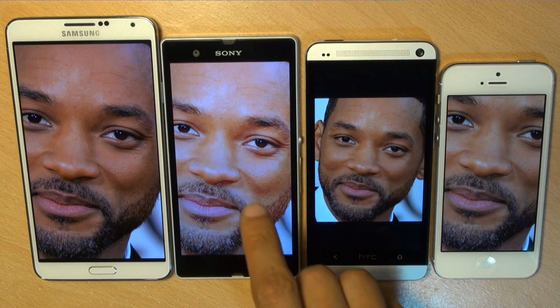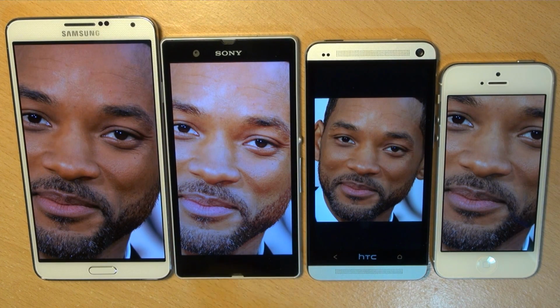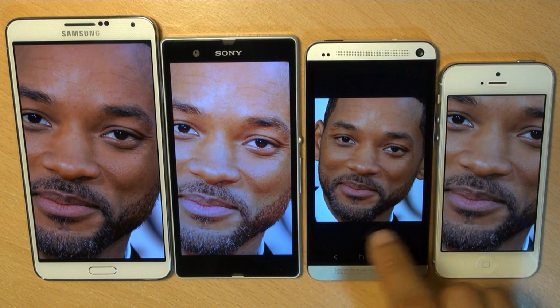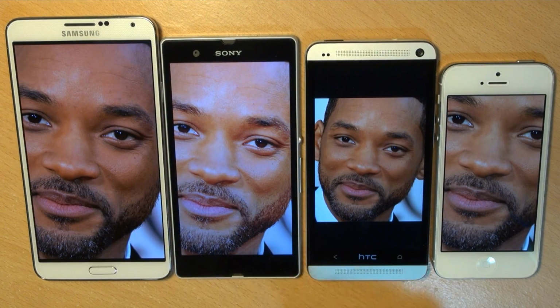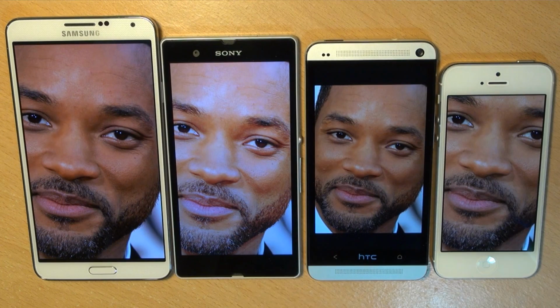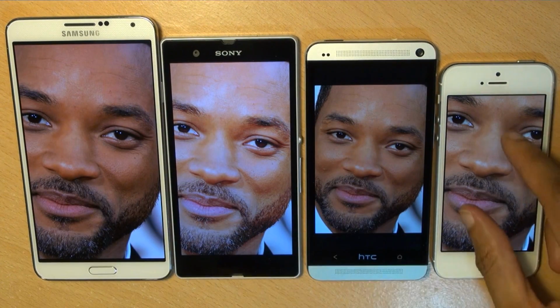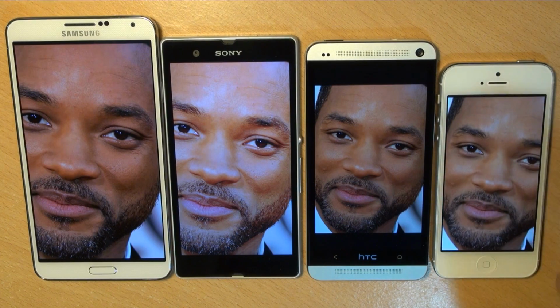And if you look at his mustache there and his beard, looks like he's been drinking milk without wiping his face. The amount of pure whiteness on the screen oversaturating the image, whereas the HTC One again seems to be somewhere in between. Again, the amount of detail is definitely there, but you just have to pinch and zoom a little bit further with that smaller screen. The Apple iPhone 5 again being somewhere in between all these devices,